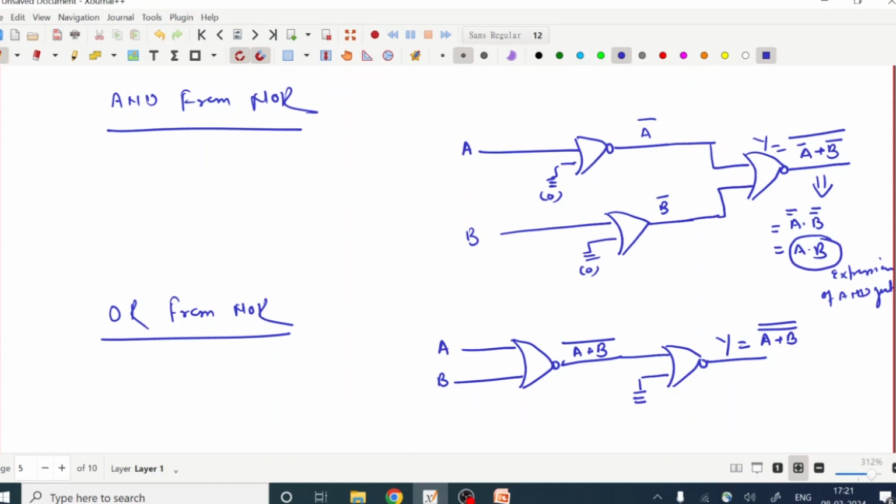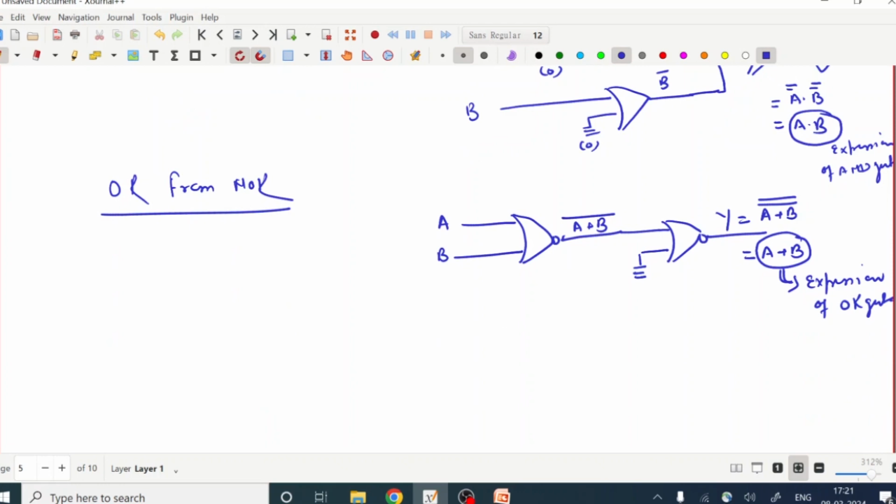We know that by using De Morgan's law, we will discuss De Morgan's law when we discuss Boolean functions. Actually, it is the complementation law that says that the double complement of any variable is the same as the variable. That means this is the same as A plus B. This is nothing but the Boolean expression of OR gate. In this way we design an OR gate from NOR gate, and similarly NOT gate from